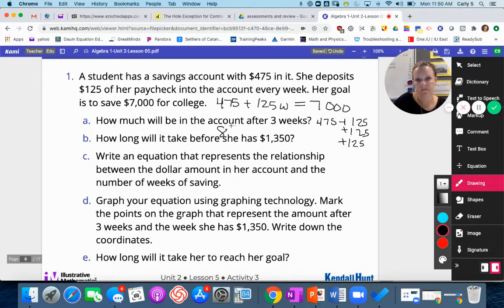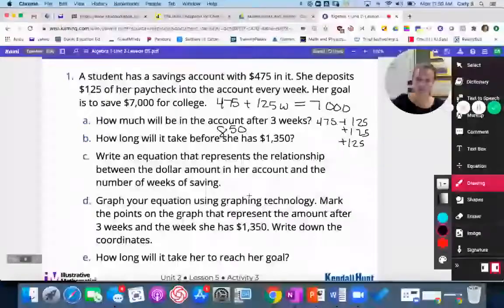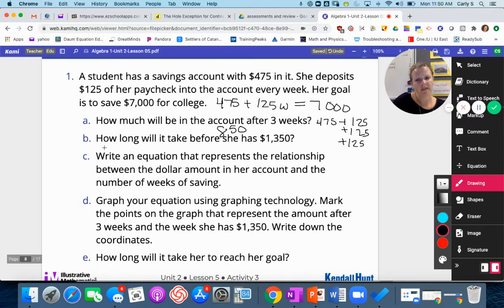$850. How long will it take before she has $1,350? So that's 3 weeks. Let's see, week 4 would be plus 125. That's $975. Week 5 would be plus 125. That is $1,100. Week 6,